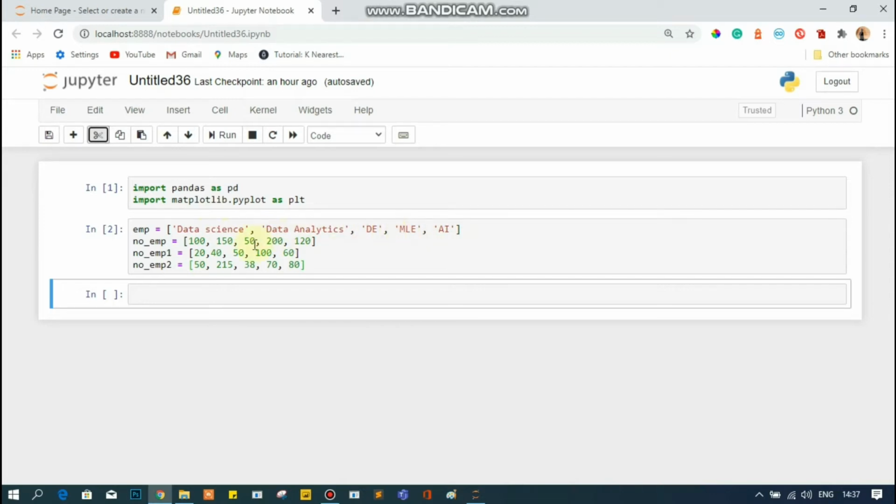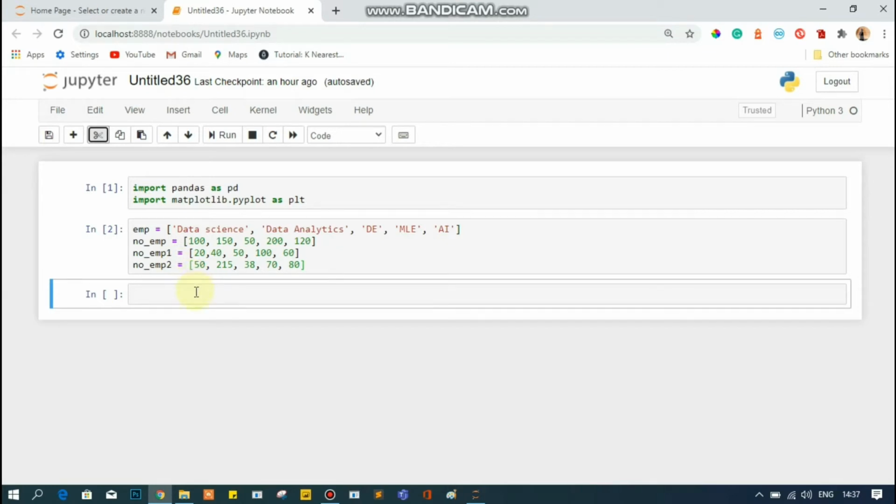And for the number of employees, I have created three sets, because we are going to see these in the stack bar chart. There are 100 employees of data science, 150 of data analytics, 50 of data engineer, 200 of machine learning engineer, and 120 of AI. In this way I have created three employee numbers.